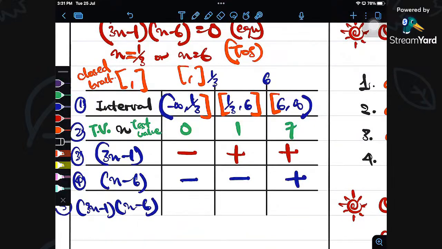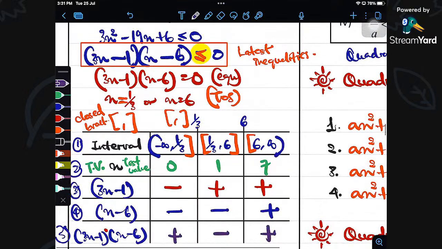Therefore, apabila dia didarab, this is didarab kan? Of course lah, negative, positive. Positive, negative, positive, positive. So the answer is positive. The answer is positive, negative, positive. This is not the answer lah, obviously. The answer is actually based on your latest inequalities. Your latest inequalities saying that we need to use this